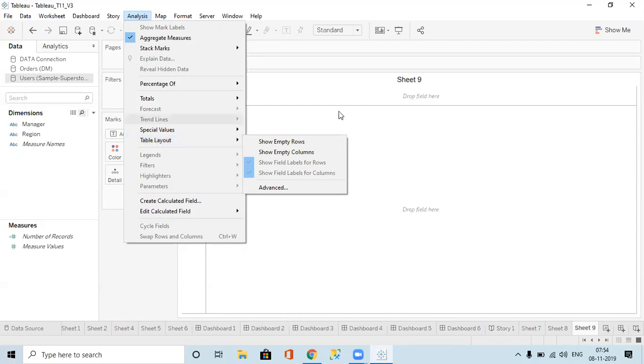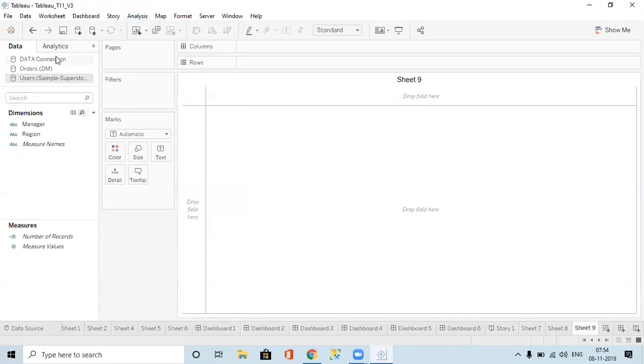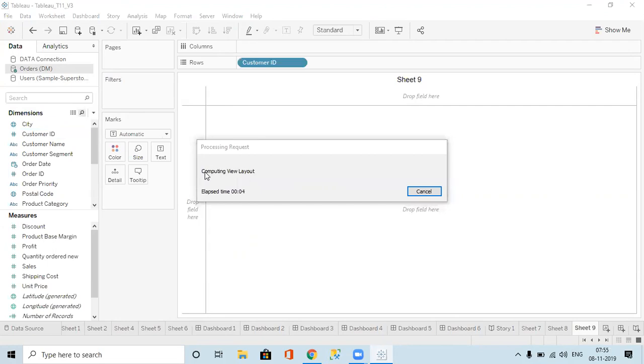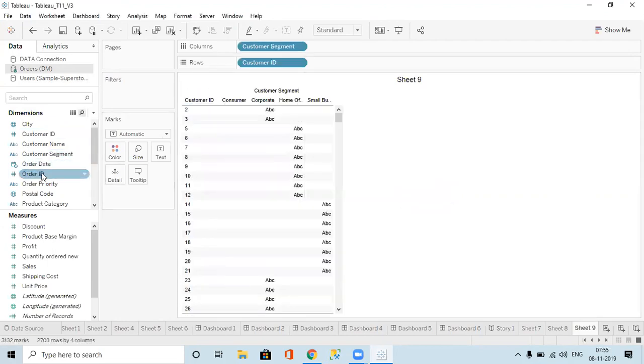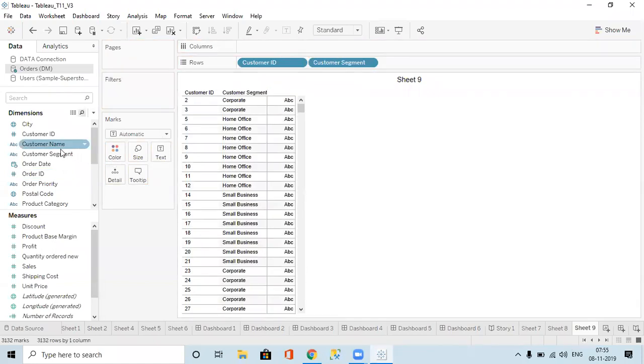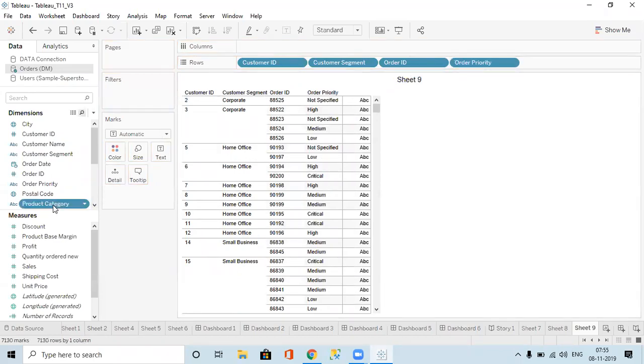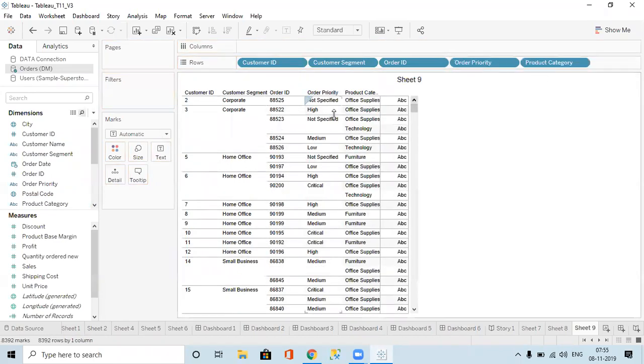So usually in Power BI, we can take some of the columns like customer ID, customer segment, order ID, order priority, product category, product container.